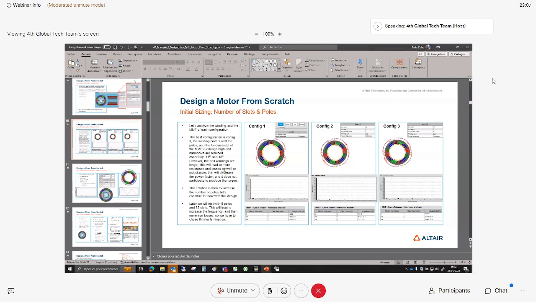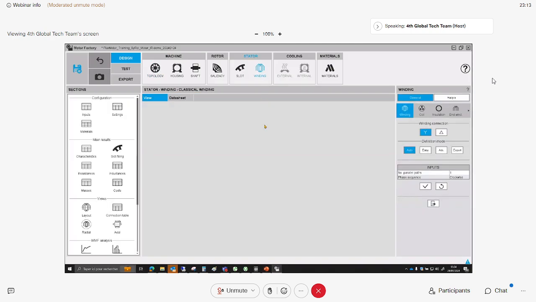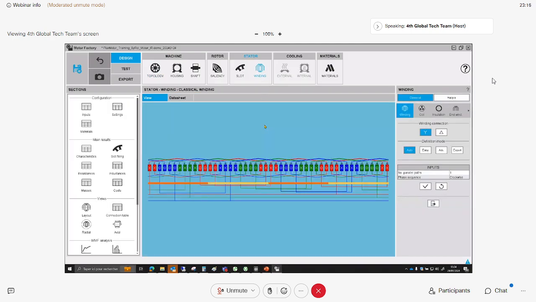So let's come back to the stator. If I go to the winding directly, the first thing I want to do is to find the right winding scheme. And I told you the right winding scheme is for me the one giving the high fundamental with the lower THD,